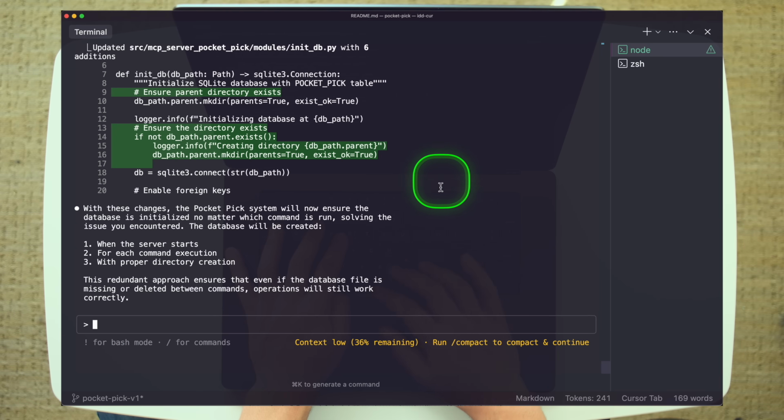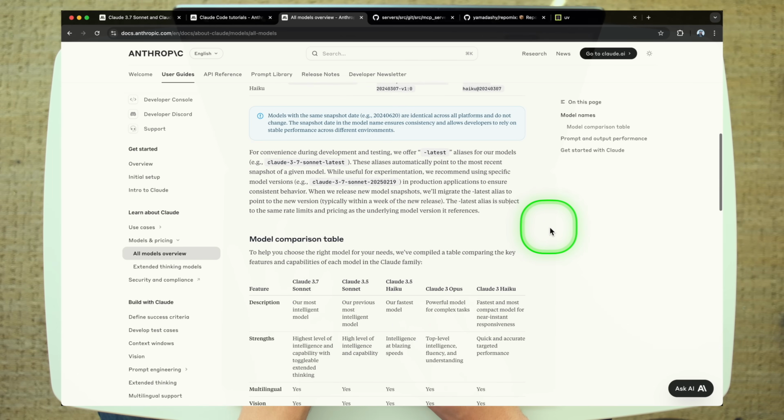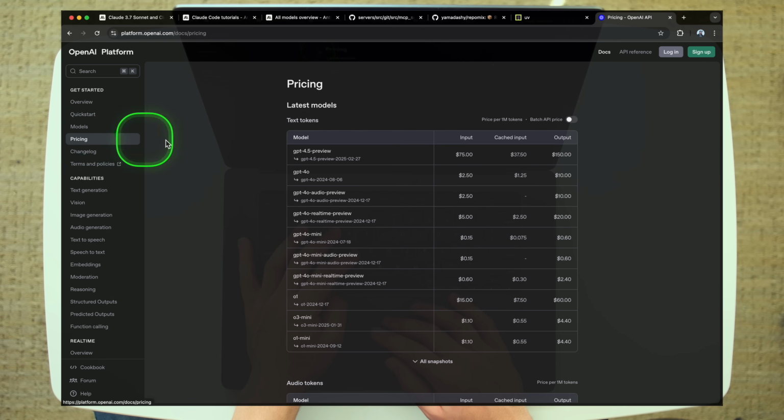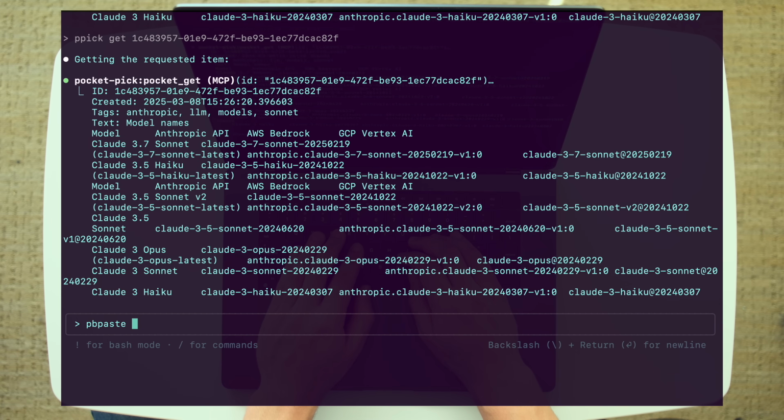And now we're just continuing to look through. I want to add additional Pocket Picks, right? I want to add additional items into my Pocket Pick database to work with. So I'm going to the OpenAI model page, just going to do a quick copy and run that same thing, right? So I'm saying PB paste,